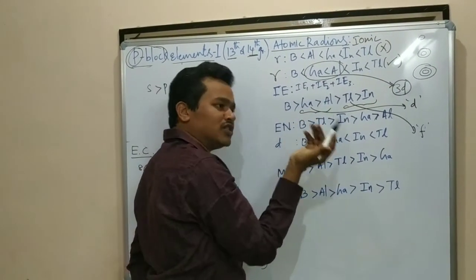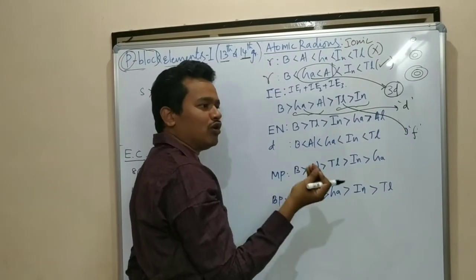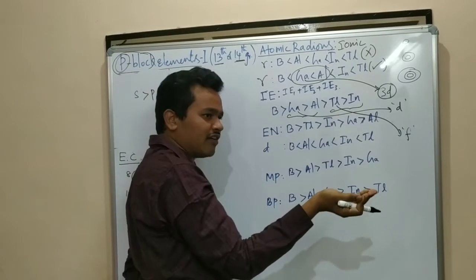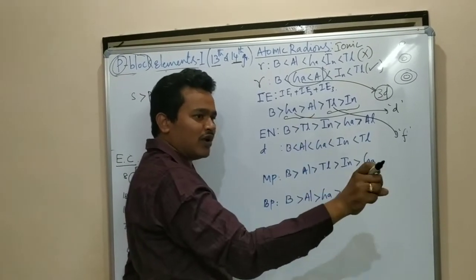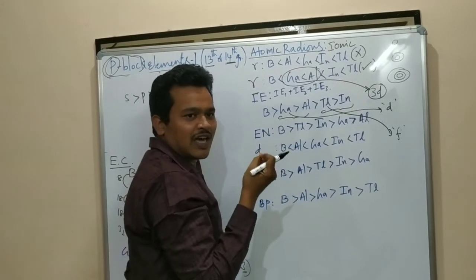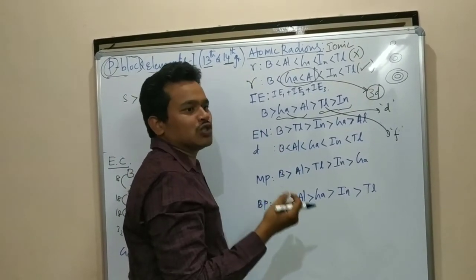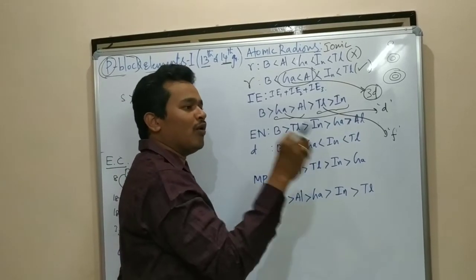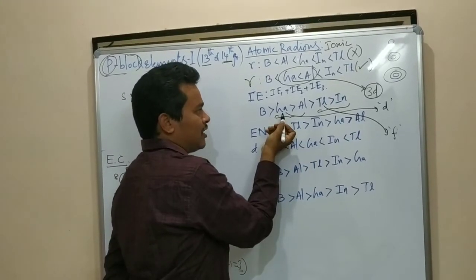Poor shielding effect means it is unable to control the nuclear charge. It is leaving the nuclear charge. It is falling on the valence electrons. The nucleus is pulling inside, so the size decreases. Electrons are very near to the nucleus, so it is very difficult to remove the electrons. So you have to give more energy, that is ionization enthalpy.